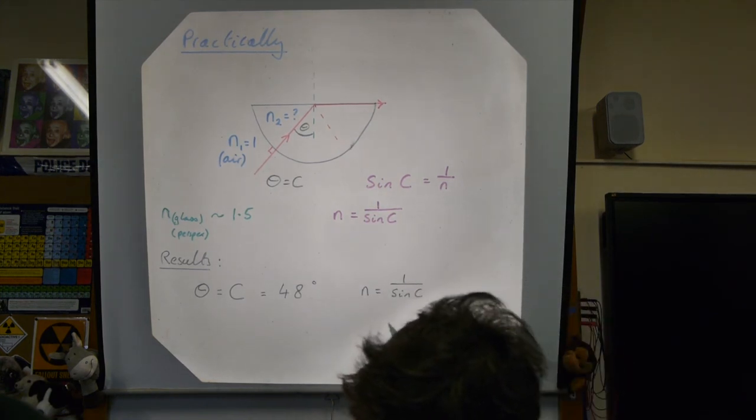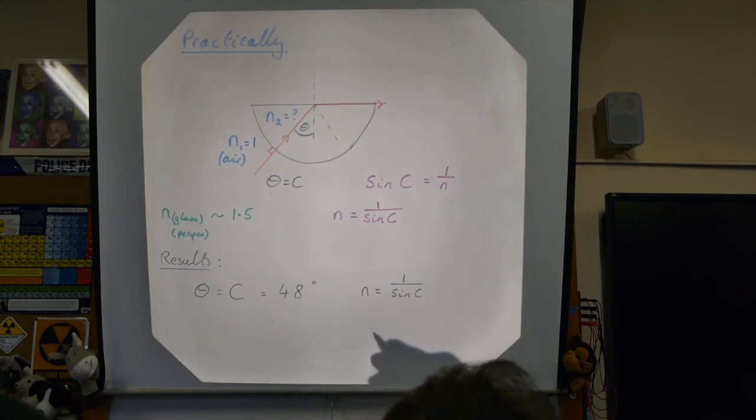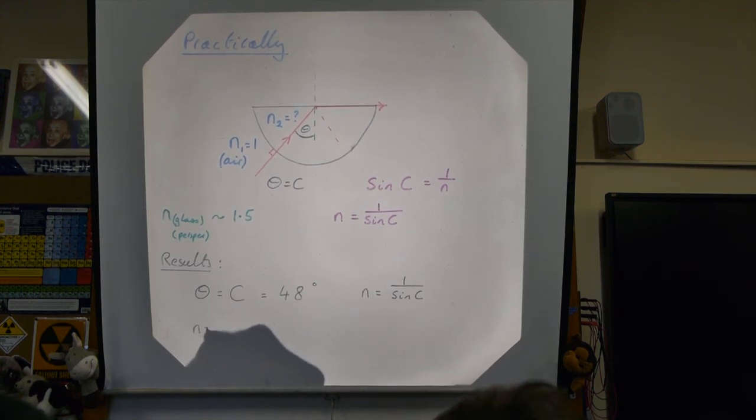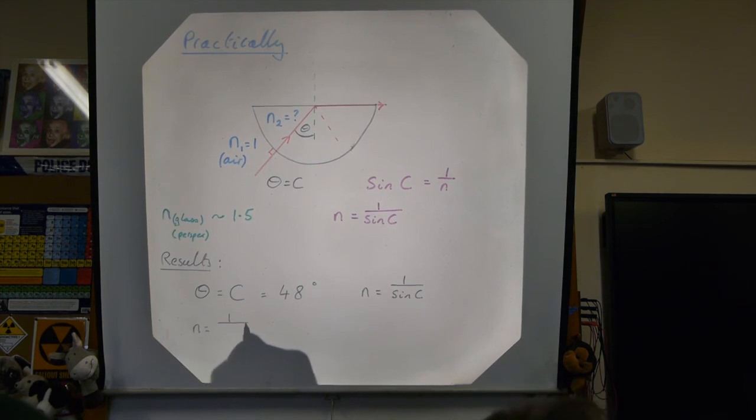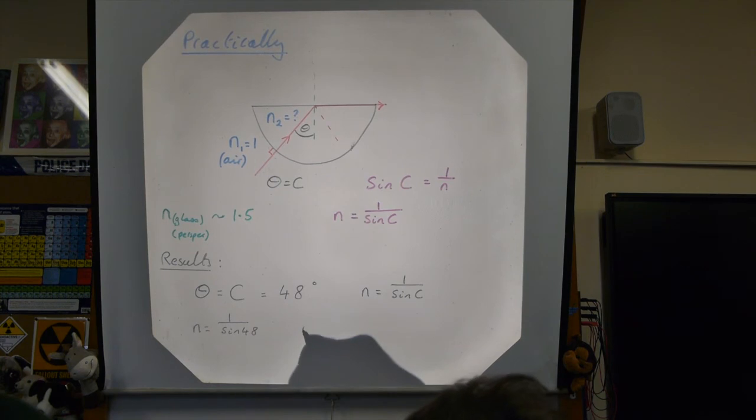Okay. And 1 over sine 48, so the refractive index is 1 over sine 48, and that comes out as N approximately equal to